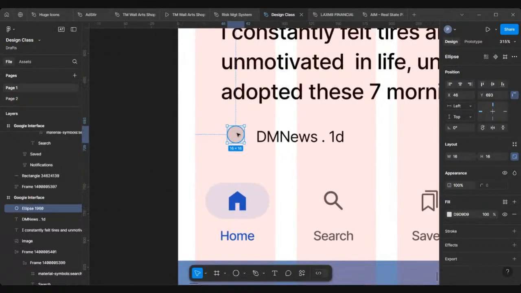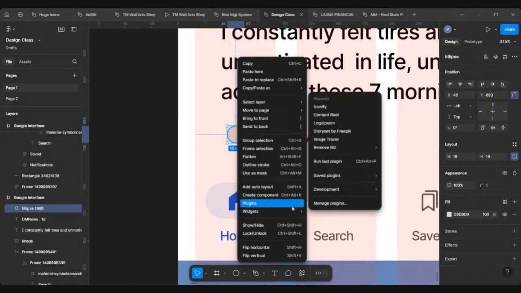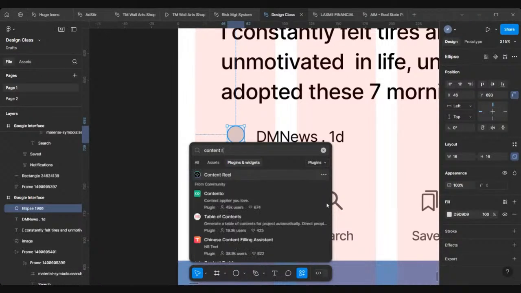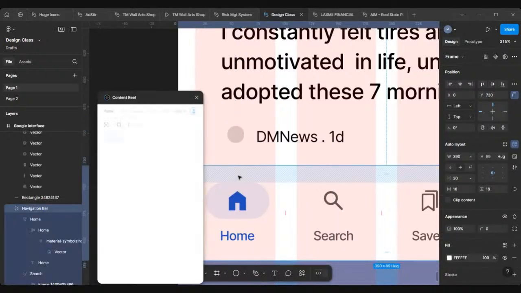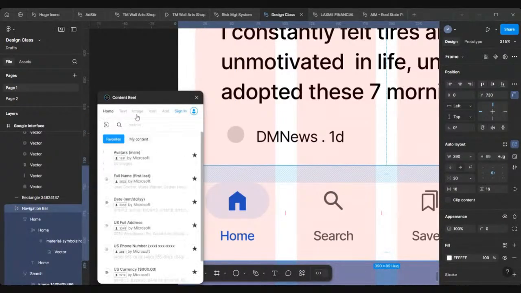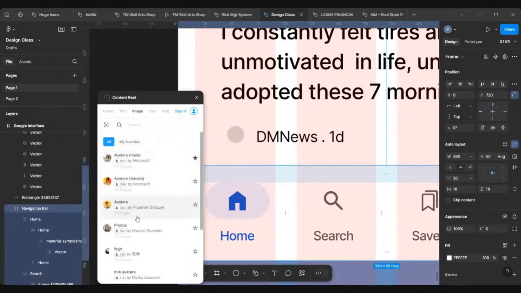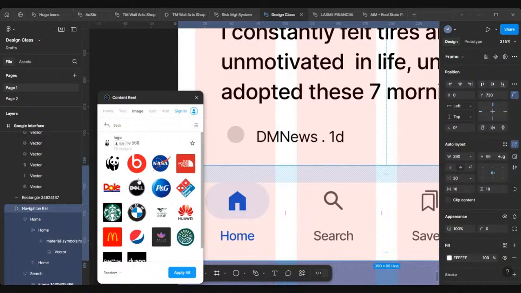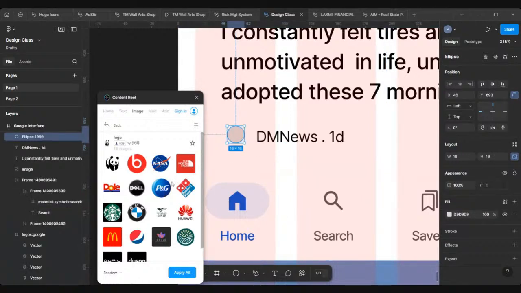When you select the box, right click, go to your plugin. Now to show you where to get logo, go to manage plugins, search for content reel, content reels. See it here, this first one. Once you double click to open it, you can find text, image, icons, but go to image, then look for logo. So I'll go to logo here. I'll work with the logo that is available. I don't want to kill myself. I cannot stress myself. So I'll just use either this NASA or PG Works. It looks like what